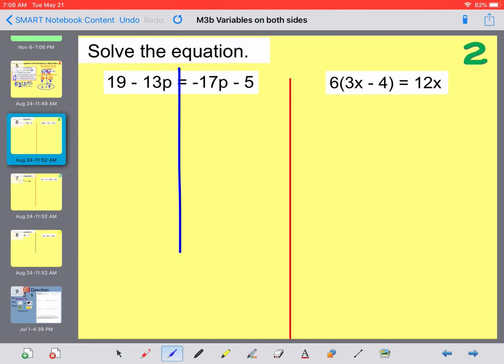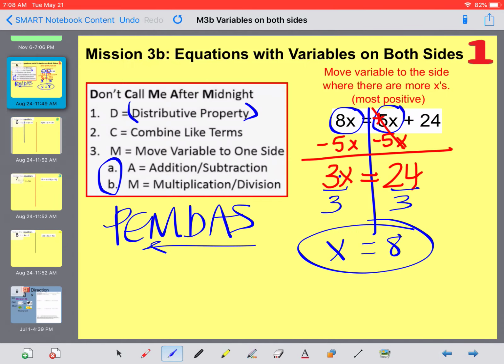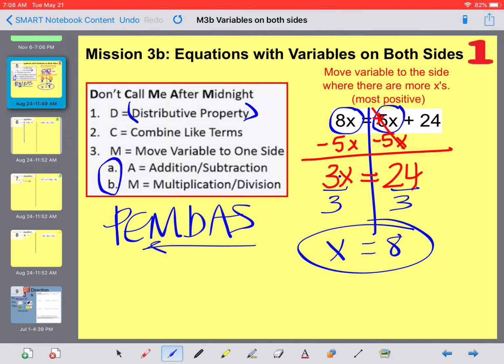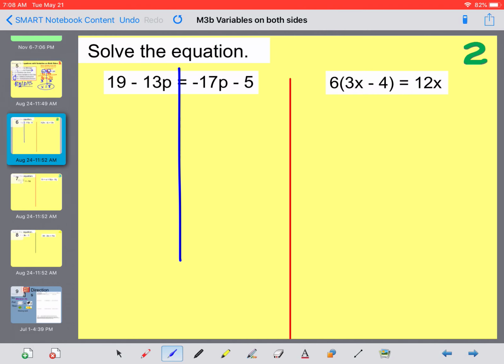So let's try another one. We don't have any parentheses, we do not need to distribute, but we can't combine like terms, can't combine these two, can't combine those two. So after that, we need to move the variable to one side. Move the letter that's smaller. Here's negative 17p and negative 13p. Which one's more negative? Well, negative 17p would be smaller, so if I move that one by adding 17p, it